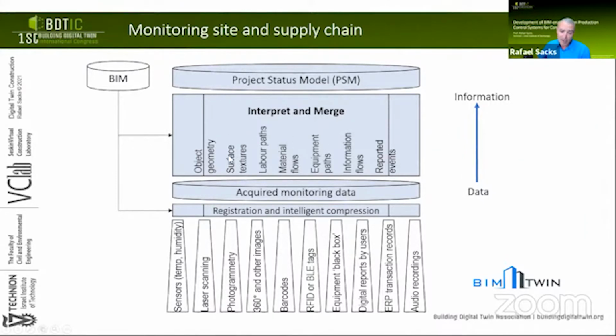And that is quite a challenge to take object geometry, to take sensors of temperature, humidity, and so on, laser scans, photogrammetry, and all the rest, and convert them into meaningful object geometry, labor flows, material flows, equipment parts, and so on, so that we're able to interpret what actually was done. But if we're able to overcome this interpretation phase, we can establish what we call a project status model, the